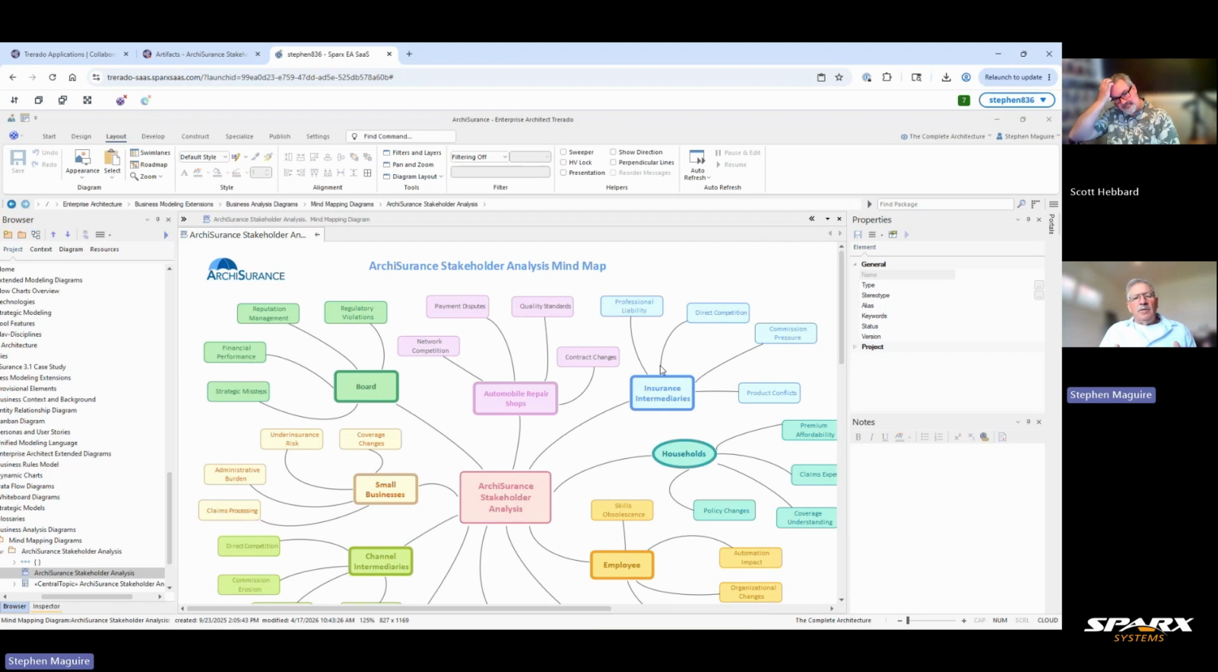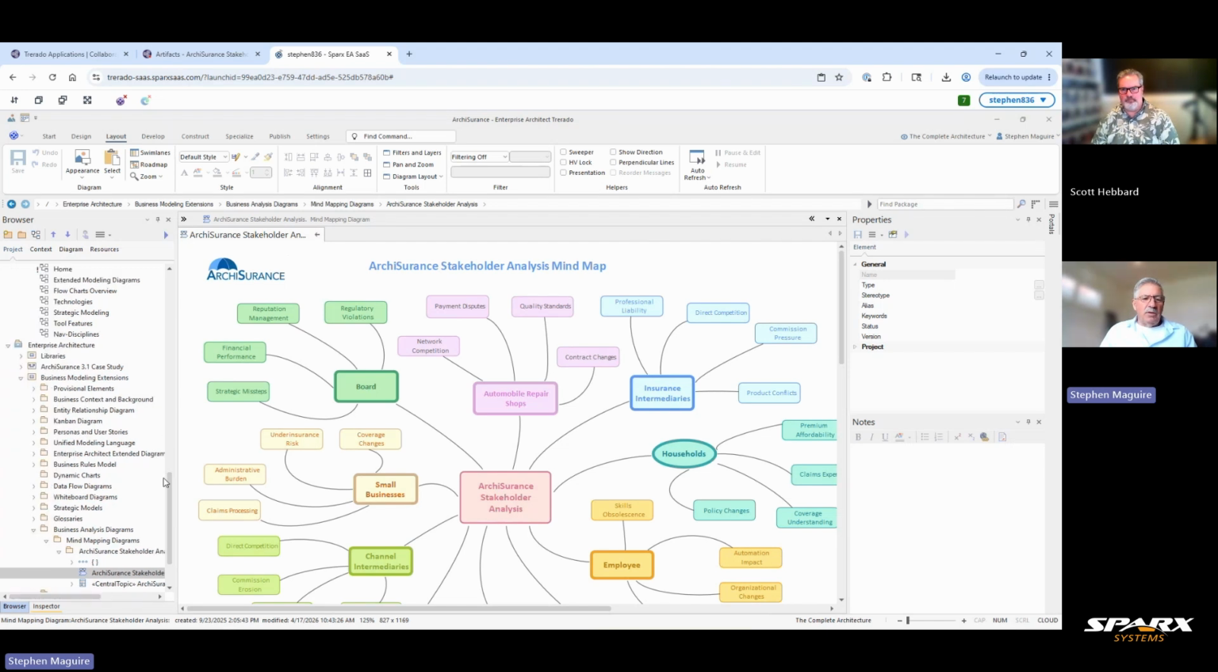And we often get comments from people saying, well, there are other tools out there that do mind mapping and are completely tailored to mind mapping. But the thing that we'll show at some point, Scott, is the fact that when you have the mind map inside Enterprise Architect, we can relate it to other elements. So if we went into here now and we looked at our